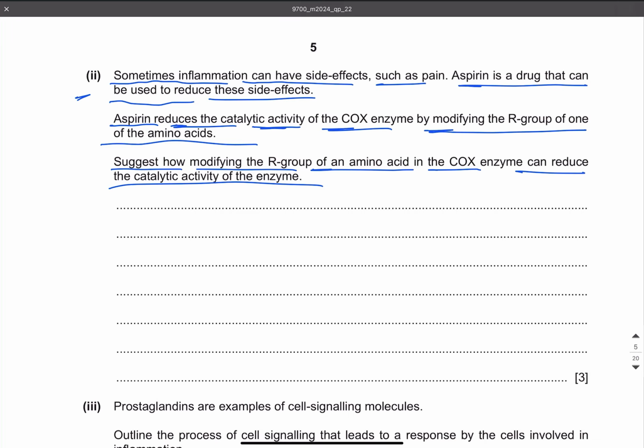So simply, we know that if the R group is modified, then the bonds holding the COX molecule in the tertiary structure will change. So modifying the R group can change the bonding, like hydrophobic interactions, hydrogen bonds, disulfide bonds, and ionic bonds. When these bonds change, what happens? The shape of the tertiary structure changes, right? The tertiary structure changes, the shape of the active site changes, substrate is unable to fit, right? And this is how catalytic activity is reduced. So we will write over here that